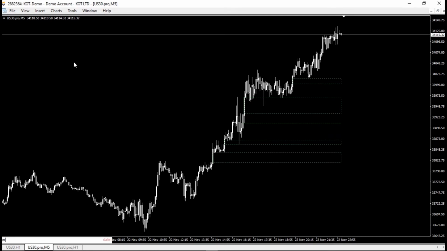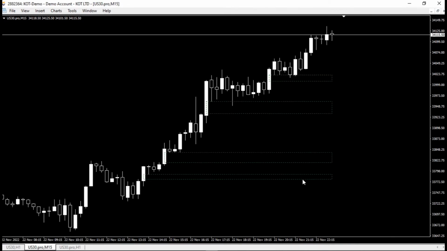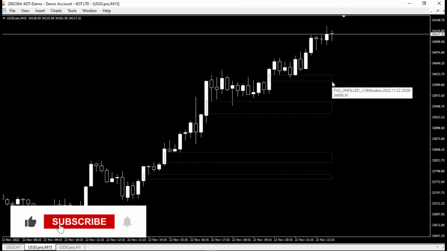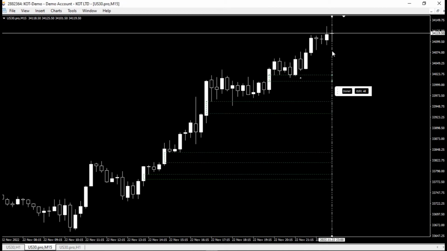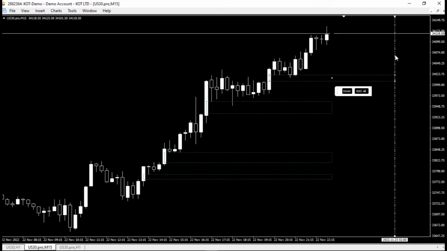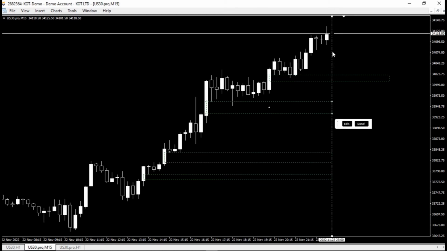Another feature that I didn't point out there is, now you can edit these fair value gaps. You can edit them individually or all of them. Just click on one of them and click on edit. Then you can drag this line wherever you want to put the fair value gap and click on done, and there you go. If you want to edit them all, just click edit all. You will see another line in here, a vertical line, and then